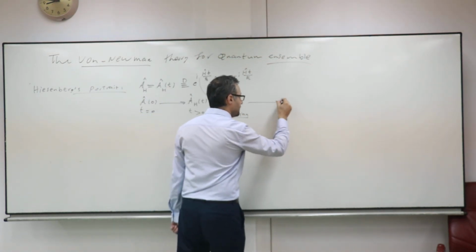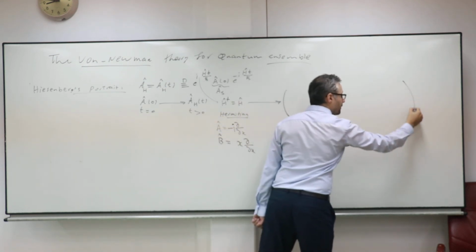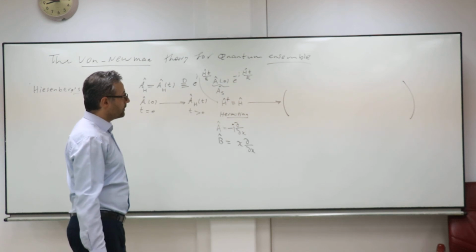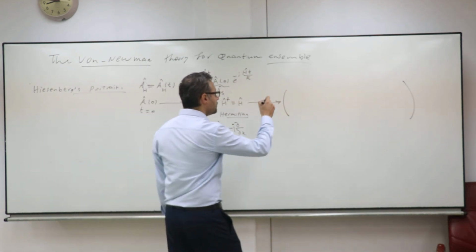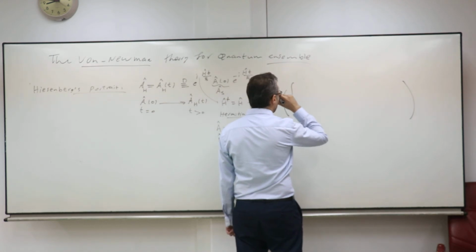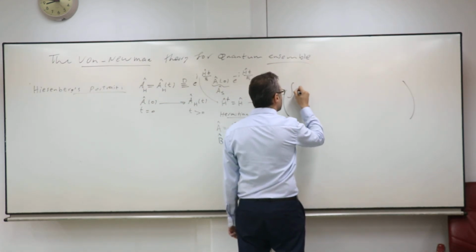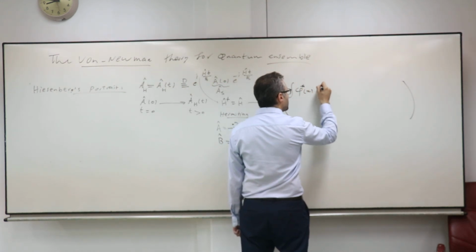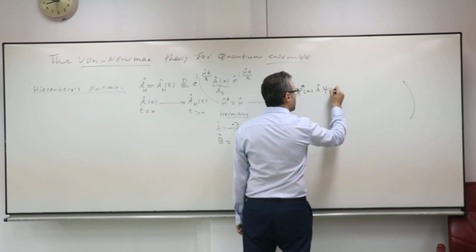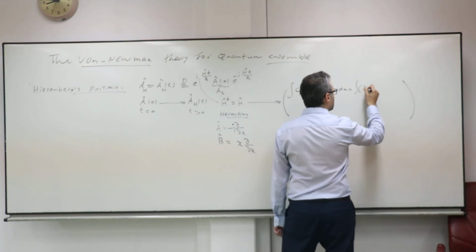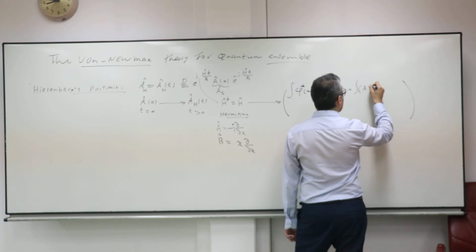If you want to know whether an operator is Hermitian or not, you needed to check one thing. Take two functions, any functions, and put the operator here. And just check whether it is possible to